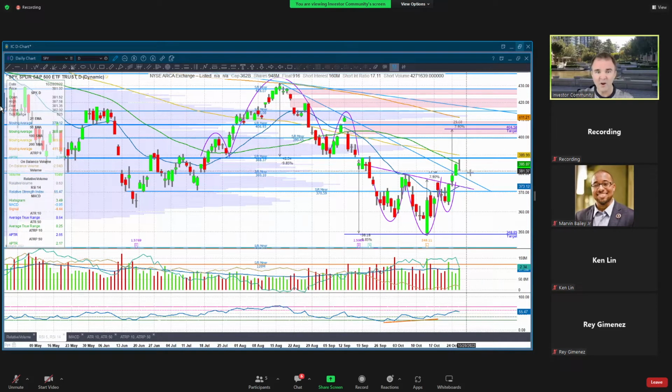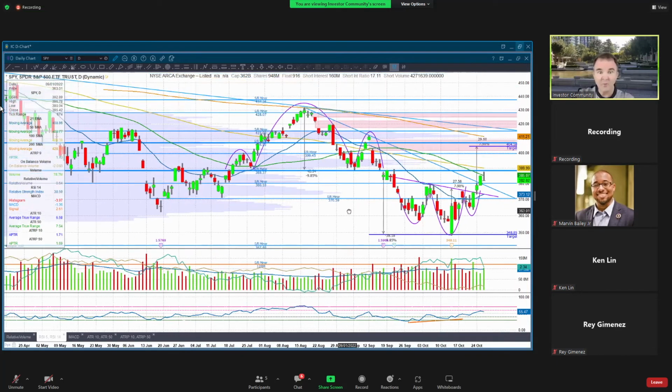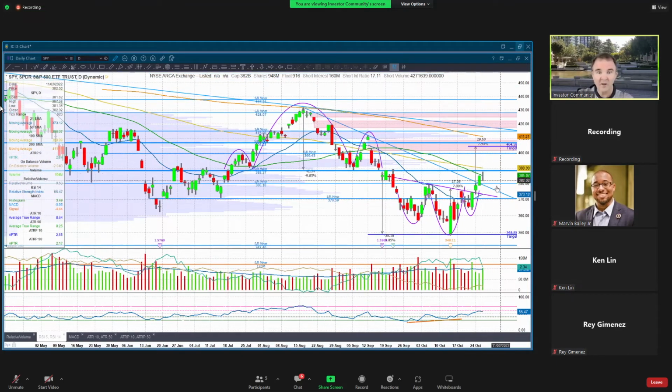As long as we don't break down too far, like I'd really be kind of disappointed if we broke down below yesterday's low. But we could even come down as far as, say, this breakout point on the head and shoulders, and that would be okay. Technically, that would be okay as well, as long as we bounce from there. So I'm not ready to go full bear yet. I think I'm going to be neutral and say we're consolidating. All right, so there's our kind of big picture on the SPY.